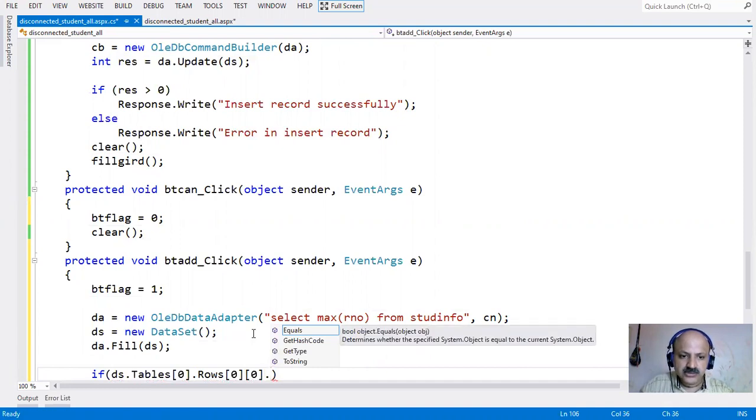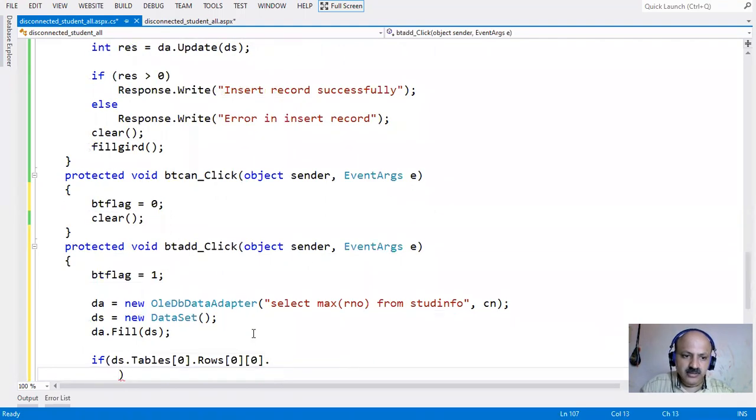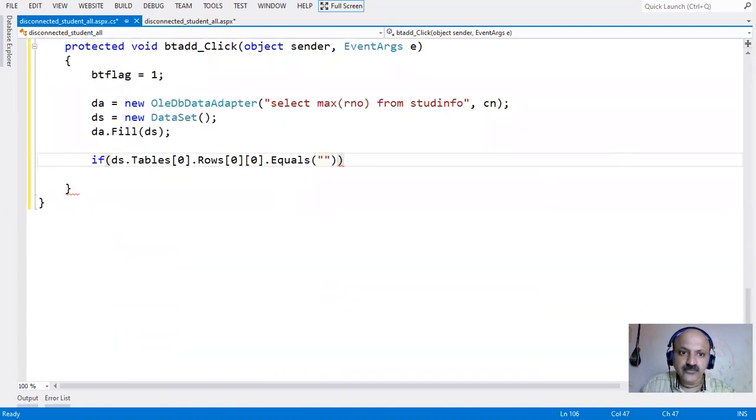Okay, I use the equal method, if that is blank. Here I use equals, and that returns boolean. So the return type is boolean, and we can directly take it in the if condition.